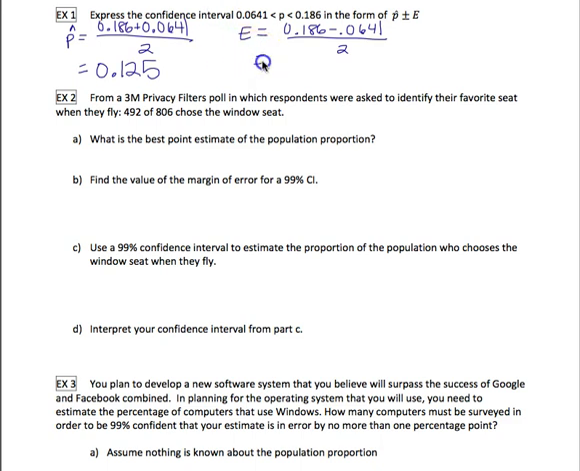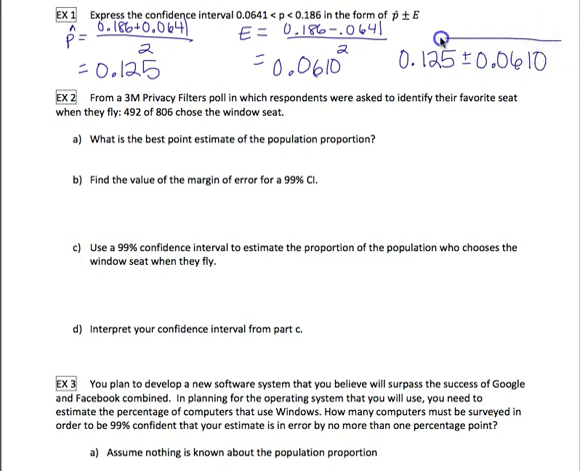My E, 0.186 minus 0.0641 is going to give me 0.0610. So I'm not done with the question because it asked me to write it in the form P hat plus or minus E. So the confidence interval written in that format is 0.125 plus or minus